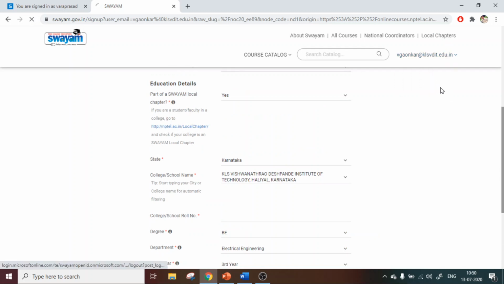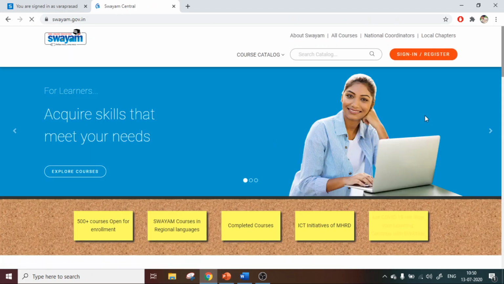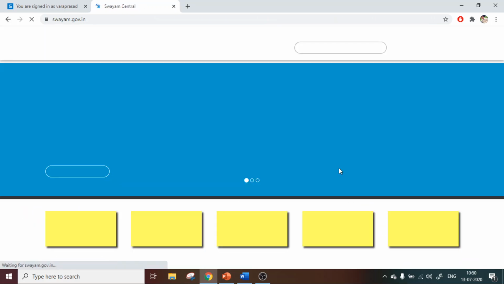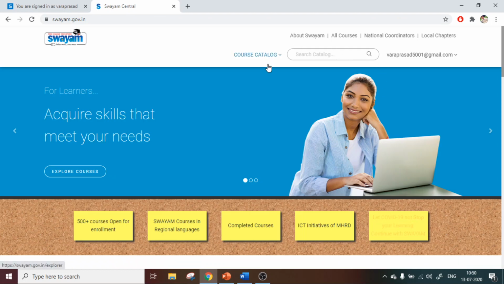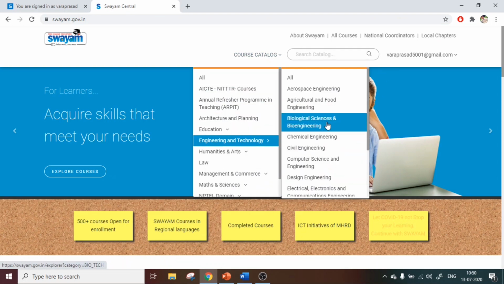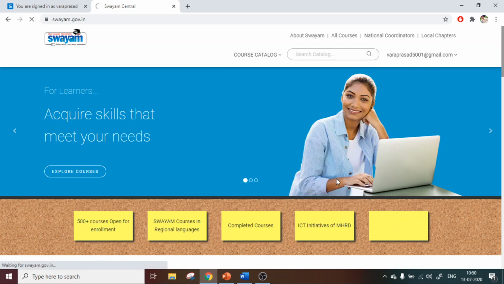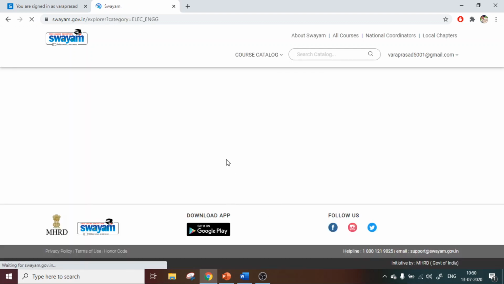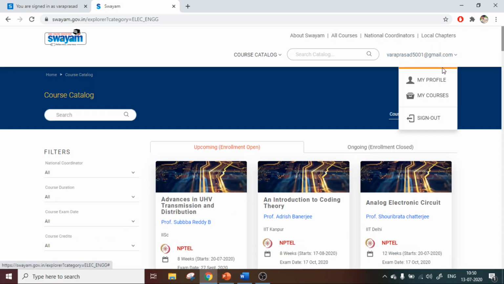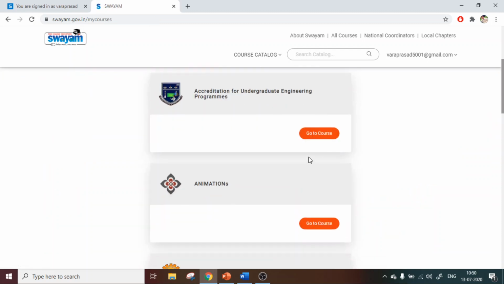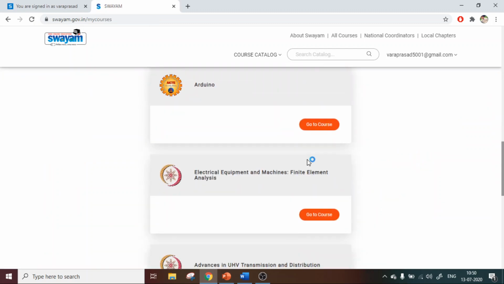This is not my original ID, so I am going through this ID. Once you select that, it will be available over here. Once you click here, you can go to My Courses. In My Courses you can see whatever courses you have registered.